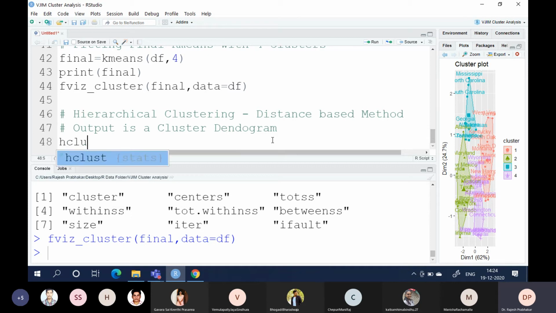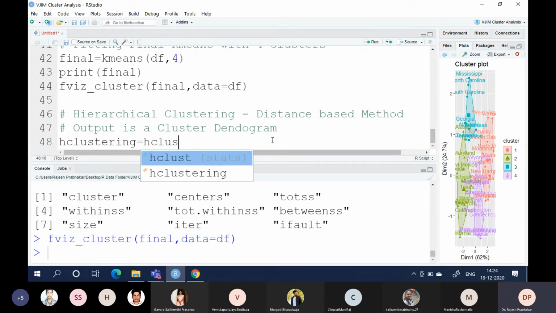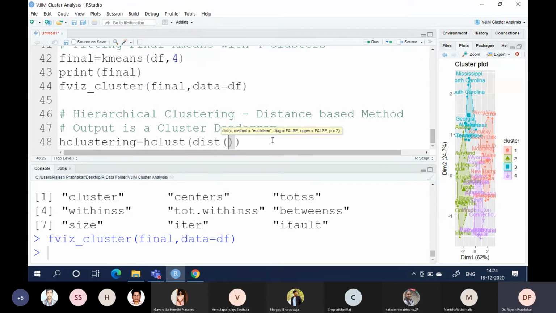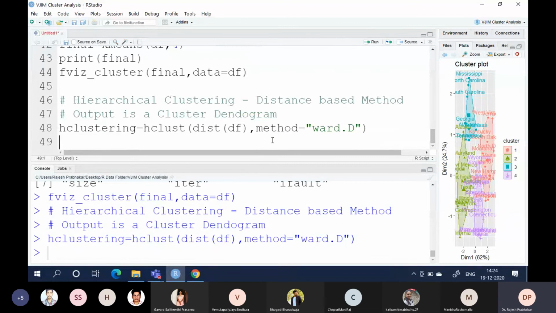The function is hclust. clustering equals hclust(dist(df), method = "ward.D").